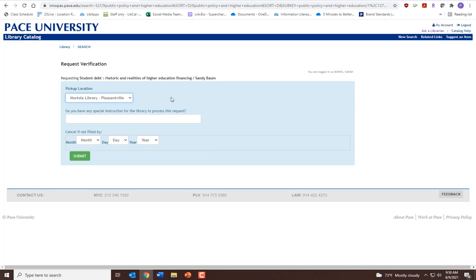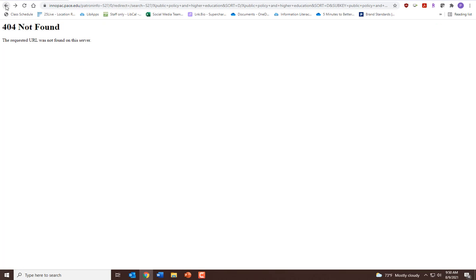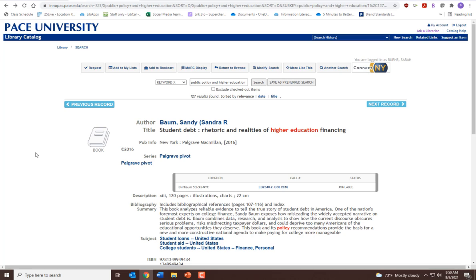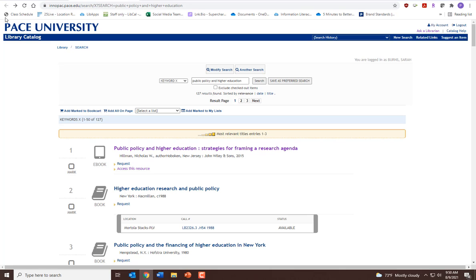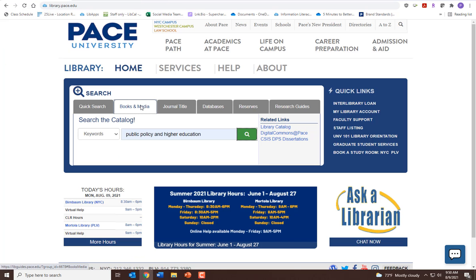It would take 3 to 4 business days to go from Pleasantville or White Plains down to New York City. So you submit your request and you will get an email telling you when the book has arrived, and then you can go and pick up the book at your library location, depending where you are. So that's using the Pace Library Catalog, which you access from Library.Pace.edu, and go to Books and Media, and you